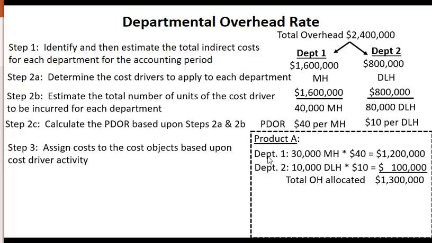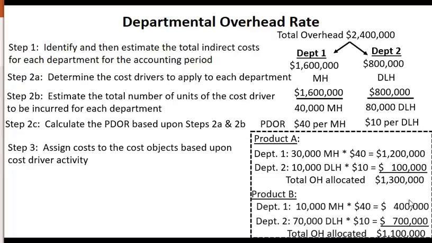So in Department 1, product A used 30,000 machine hours. Therefore, 30,000 machine hours times $40 per machine hour means we're going to allocate $1,200,000 worth of overhead cost from Department 1. In Department 2, we use 10,000 direct labor hours times $10, so we're going to be allocated $100,000 worth of overhead out of Department 2. So the total amount of overhead allocated now to product A will be